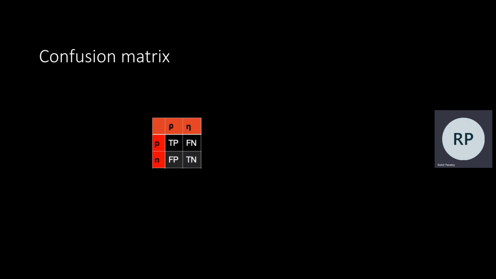So when you're making these binary decisions, you can think of this confusion matrix, right? Where you have the P and N, which is positive and negative, and these are the right answers. When the right answer is positive, we say P, and then you have the model. When the model says yes, you call that rho, the Greek version of P, and then when the model says no, you call it eta. And then you can have these four kinds of numbers.